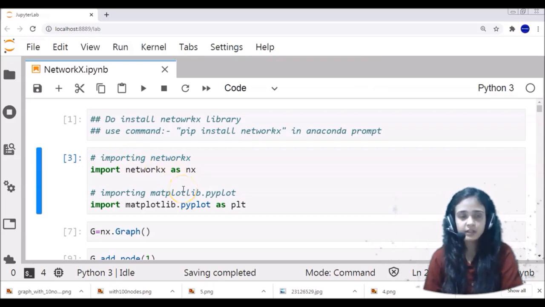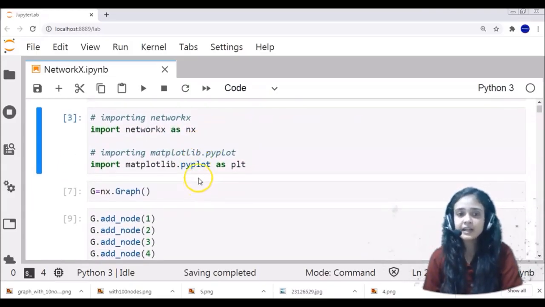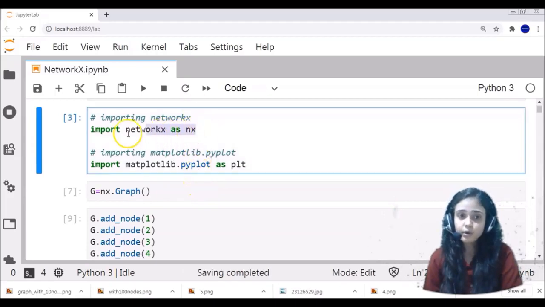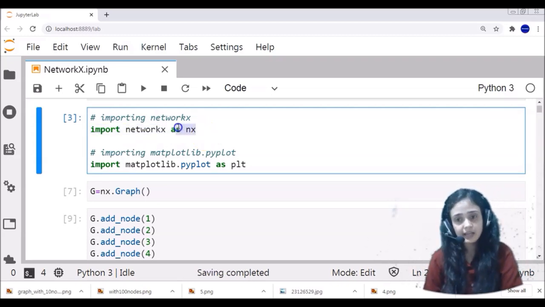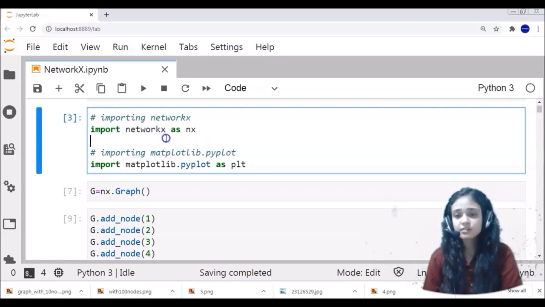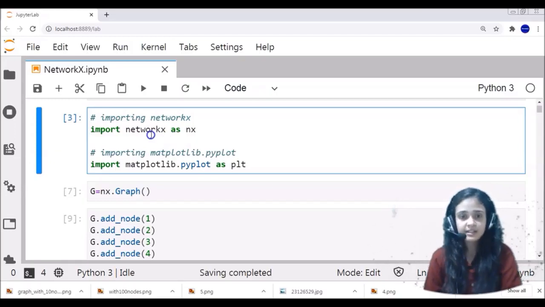You can make use of JupyterLab or the notebook. It's your choice. But over here I am making use of JupyterLab, and for using the NetworkX library, I have to import the library like this, that is import networkx as nx. What is nx over here? It is the alias. If you do not want to mention the alias, then it's all okay. But when you are using this NetworkX library for the first time, you have to install it. It is not present in the Anaconda Navigator by default. You have to install this library.